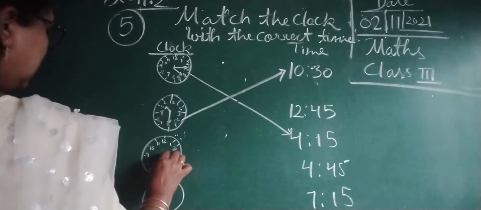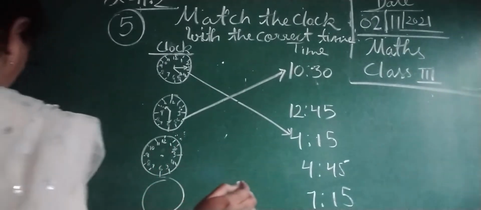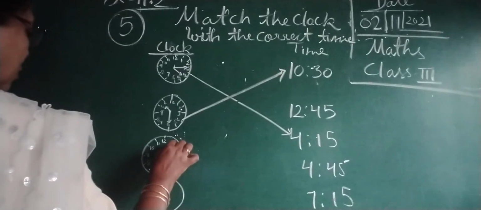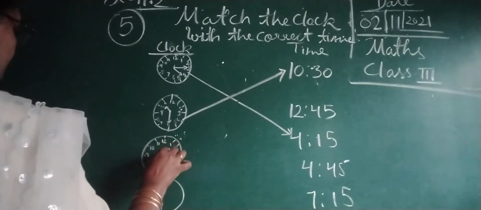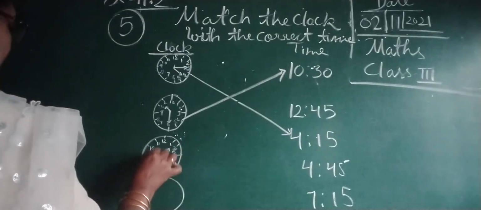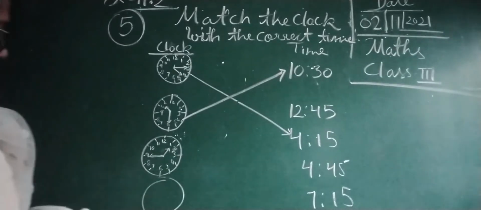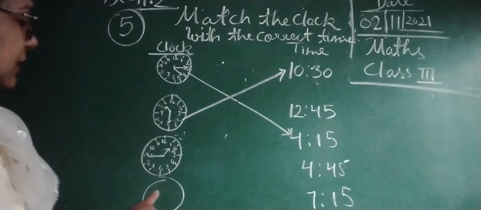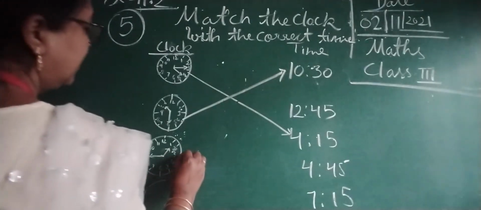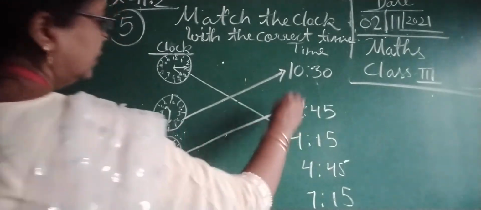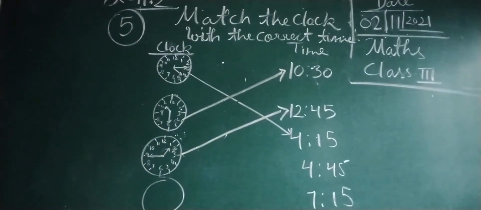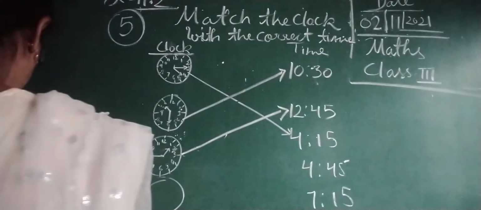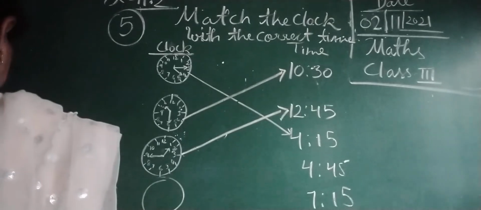Okay. Now this clock is showing quarter to 1. Quarter to 1. It means this is 12:45. Quarter to 1. It is showing quarter to 1. So this is 12:45, children. Just match it. Okay. Now the next one is showing